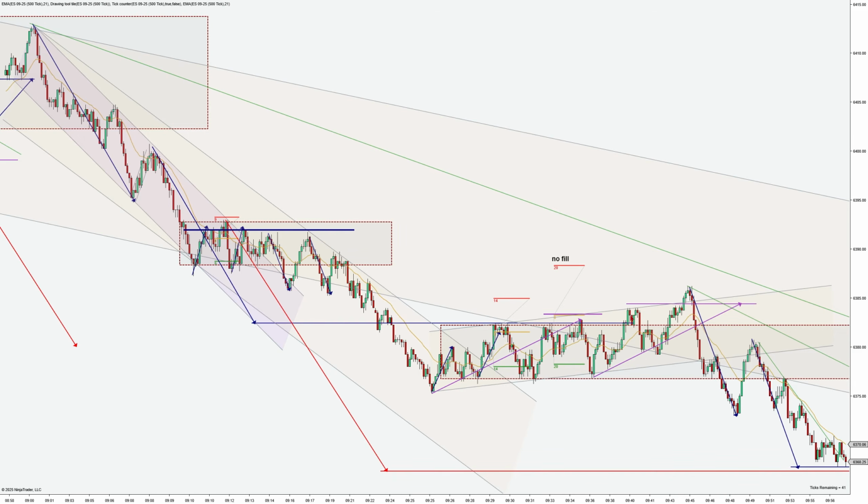We get these two legs up, and then we actually managed to break through that previous measured move level. But at that point, the trend is pretty clear, and I don't want to enter short directly into that previous trend line right there as well. And so we end up not getting anything here. Again, I don't want to enter into that level. It's also right after spiking above, getting more bullish, so I just skip everything here,